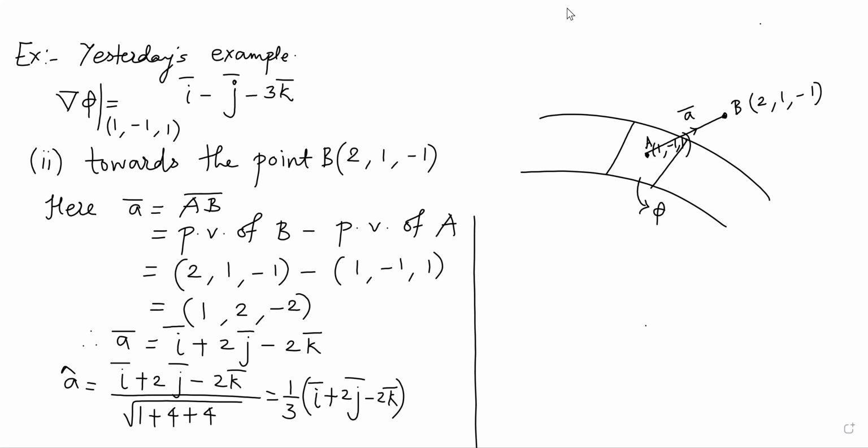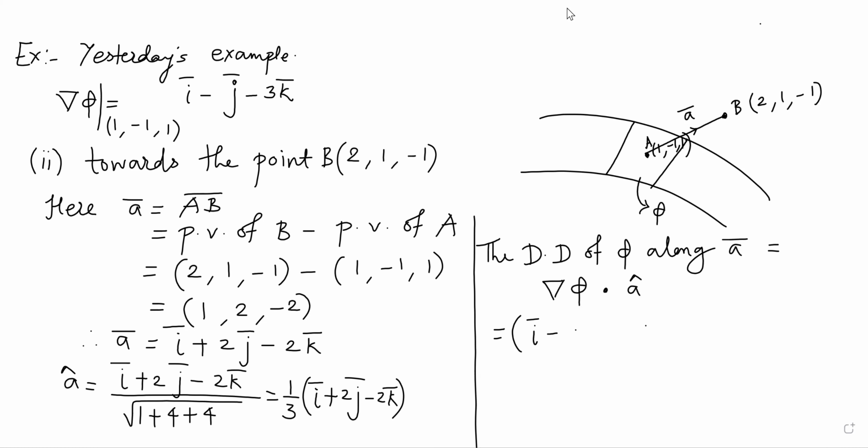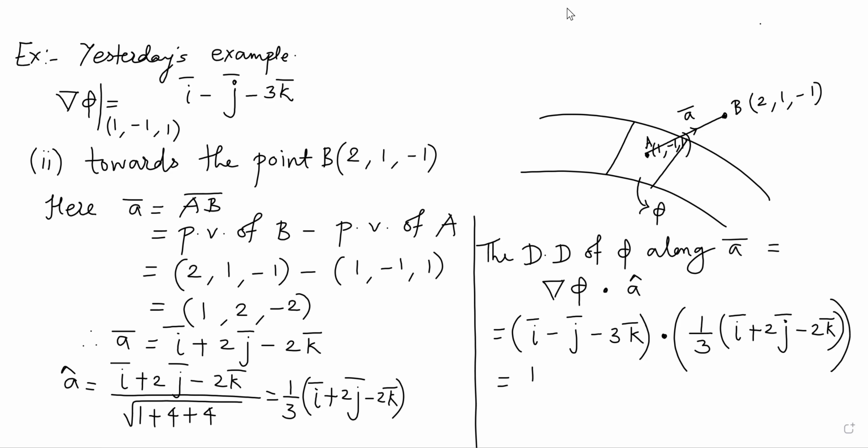Now in this case, we are interested in calculating the directional derivative. So the directional derivative of phi along this a bar is given by del phi dot a cap. So del phi in this case is i bar minus j bar minus 3k bar dot 1 by 3 times i bar plus 2j bar minus 2k bar. Correct? So that will be 1 by 3 times